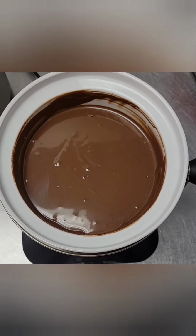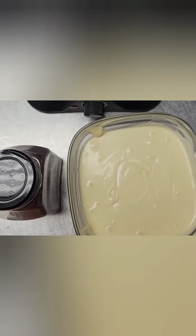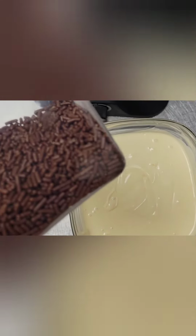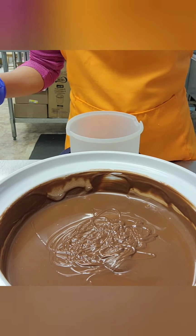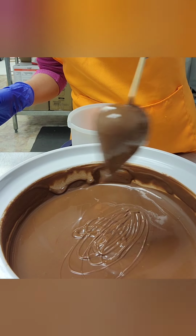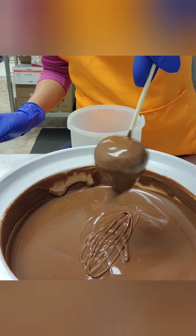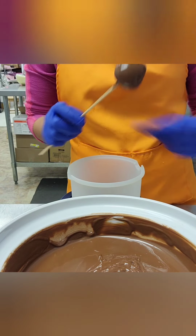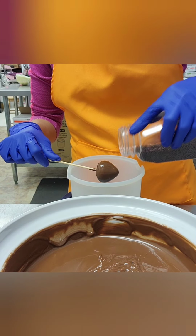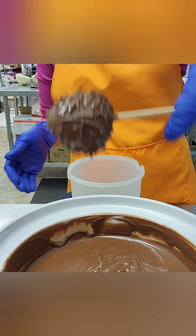Here's the milk chocolate and the white chocolate that we needed for this bouquet. I've also got chocolate sprinkles as well. Now to prep your strawberries, you're going to wash them and dry them, and then you're going to put bamboo skewers into them. I normally use 10-inch skewer sticks for any edible bouquets. They're usually long enough for tall arrangements,